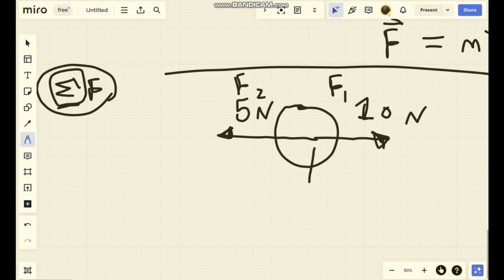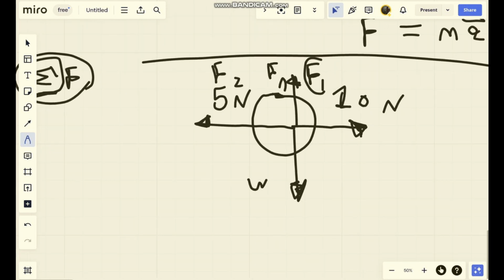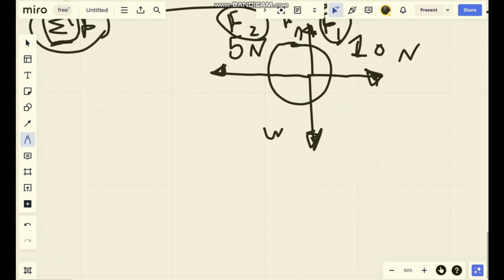And you have gravity pointing downwards, so we don't forget, let's call that weight. And you also have the normal force, which is opposite of gravity. But forget those for now. Don't focus too much on them. I'm going to focus on F1, ready? And on F2. How can I find the sum of the forces here? That's simple. Two vectors in opposite directions, or two vectors that have a 180-degree angle between them, half a circle. Then the sigma F